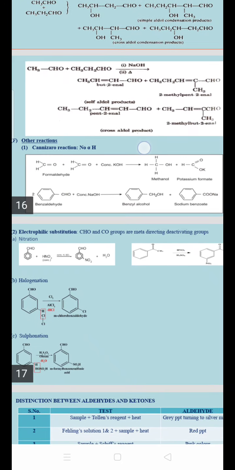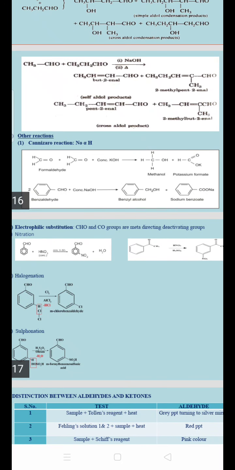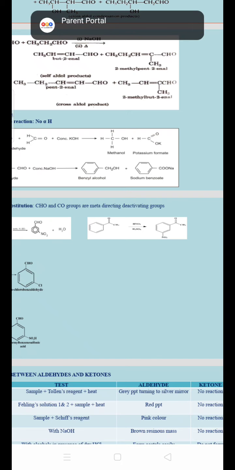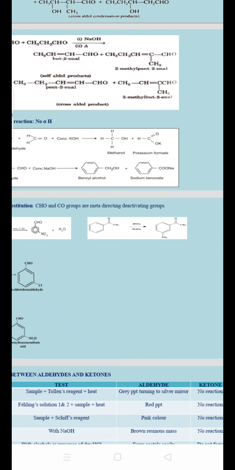Now let us look into the cross aldol condensation product, where I have got pentenal. Count the number of carbon atoms: 1, 2, 3, 4, 5. So it is pent. In the second position there is a double bond. So 2-ene, al is aldehyde. Clear? Now look into the fourth product. Count the number of carbon atoms and just see the attachment here. In the second position I have a methyl group. So 2-methyl butane, second position double bond, so butene. Since the aldehyde group is the functional group, al. 2-methyl butenal. 2-methyl butenal. Okay.